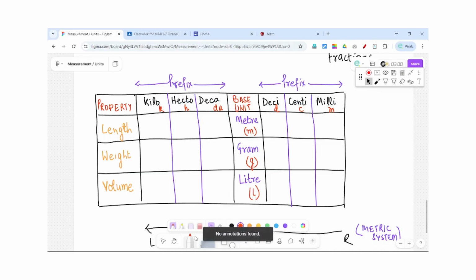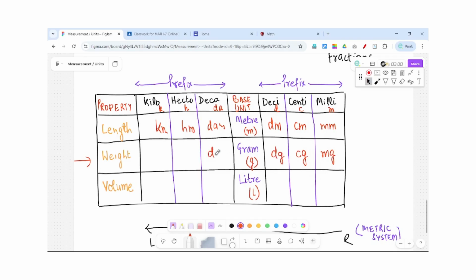M for milli and M for meter is millimeter. C means centi and M meter, centimeter. Similarly decimeter. Then we have meter as the base unit. Then decameter, hectameter, kilometer. For weight, we have milligram, then the base unit gram, centigram, decigram, decagram, hectagram,